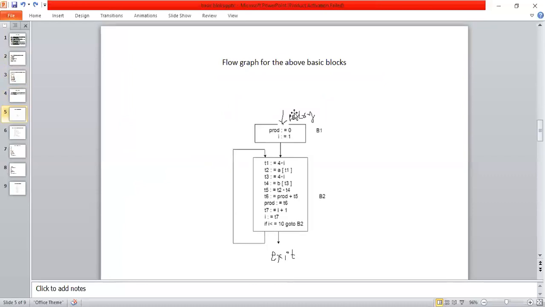The basic block B1 contains the entry link and moves to basic block B2, and here I have a go to B2. Go to B2 means it has a self loop. So this is about the construction of basic blocks and the flow graph. Thank you.